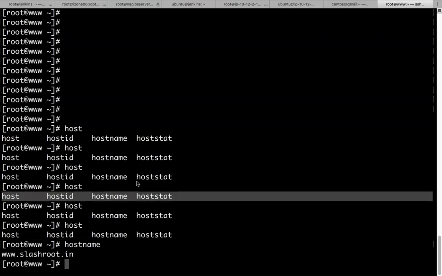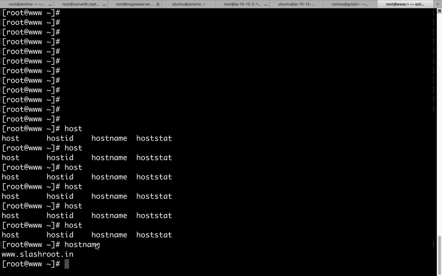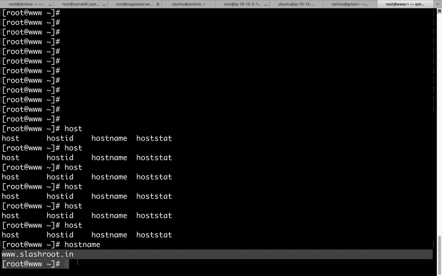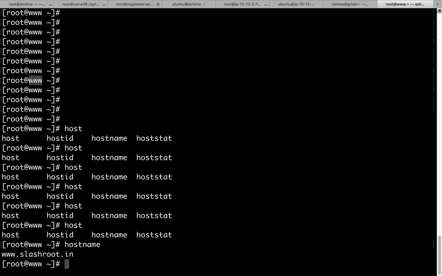Okay. So as soon as I completed the hostname command, I am currently able to see something on the screen, that is the name of the server, the name of the host. Now, you might be thinking this name is pretty long, but still I am only able to see root, that is the username that I am logged into as, and www, that is the host name. But however, my host name is this whole thing, right? Not this www. No, it's not correct.